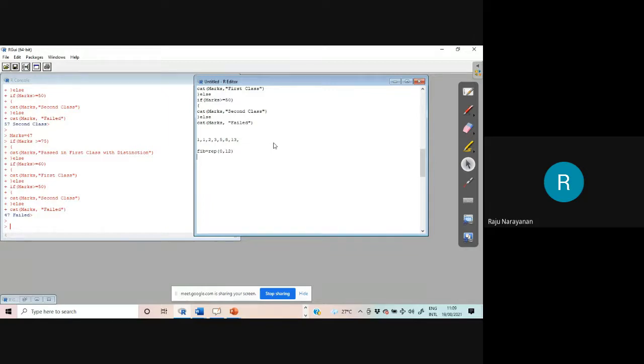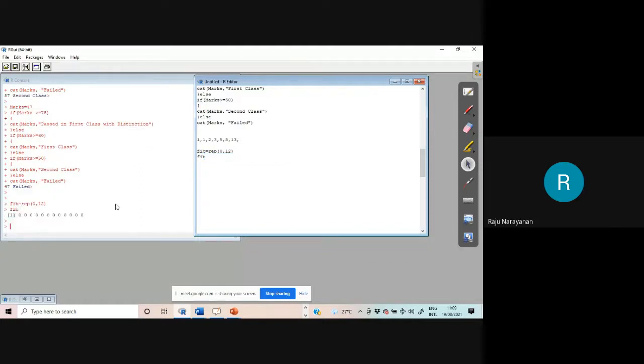Some guests are coming to your house for the marriage of your son or daughter. You have to reserve rooms for them, no? Otherwise, where will you accommodate them? Therefore, I am reserving the rooms for my friends. I have reserved the rooms, and now nobody is there. Only zeros are there because those rooms are meant for my friends and relatives. This is called the initialization of the vector.